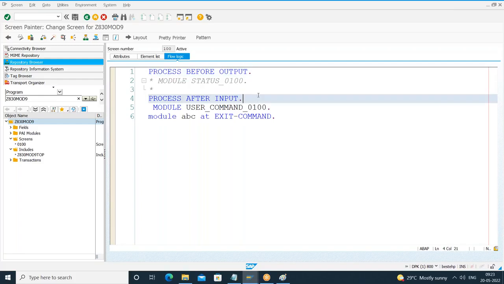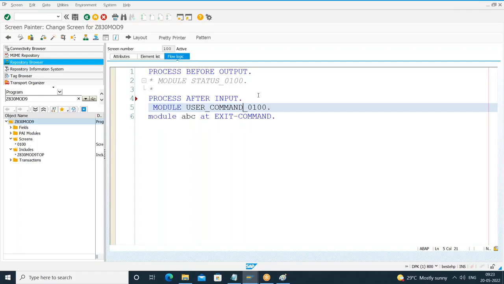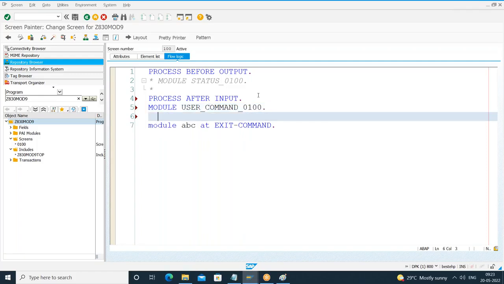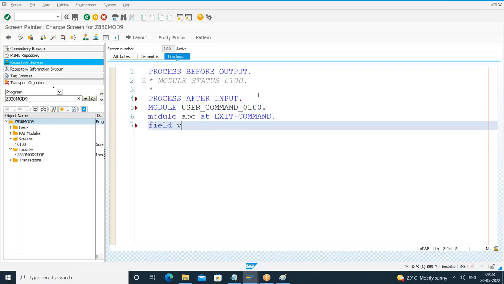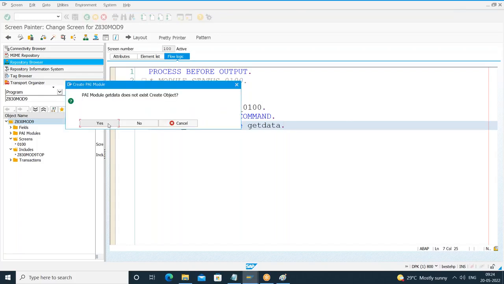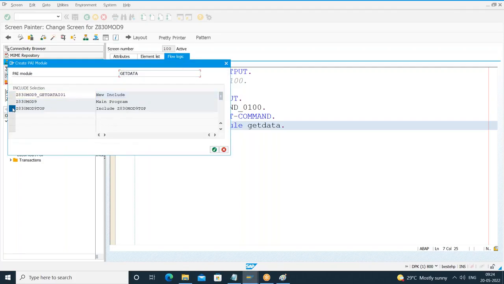In the PAI event, here I'll say, or somewhere here, or somewhere at the last also I can write. Here I'll say field. What is the field name? V underscore weblen module get data. Field name, module get data. This is field specific validation. Understood? Because I'm doing the action in a particular field. How do you refer to the field in the flow? Field name, module name. So inside this module, let me just give some message kind of thing,